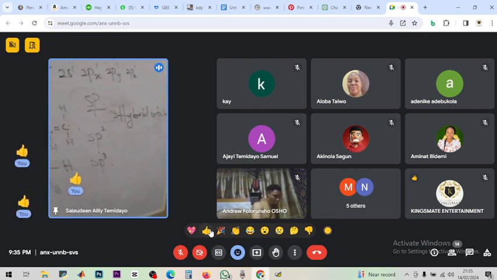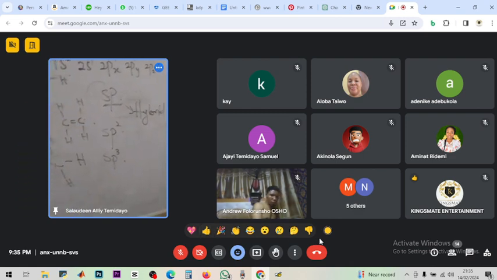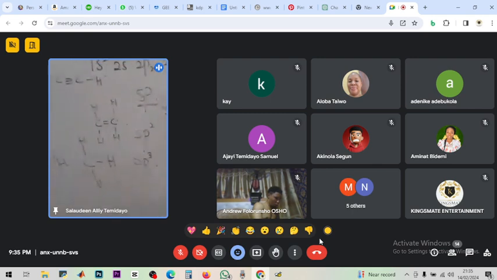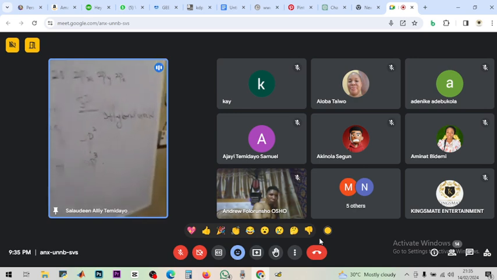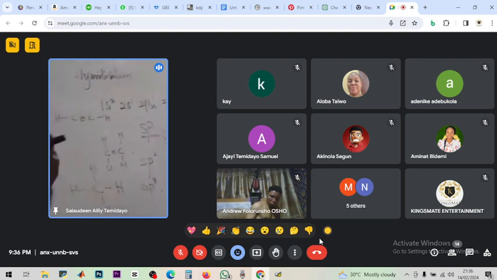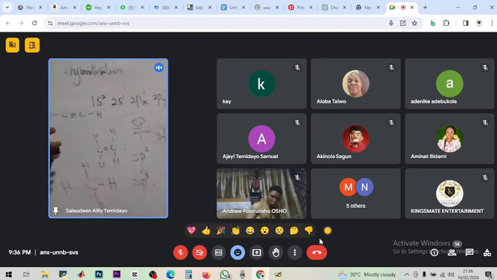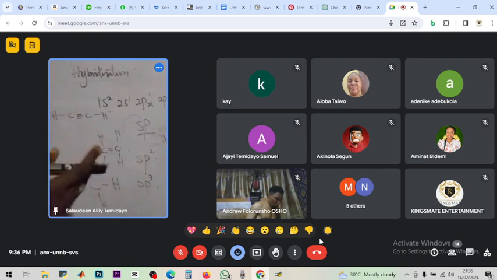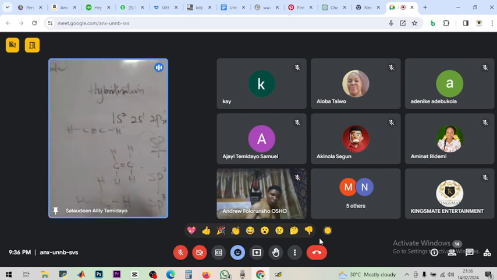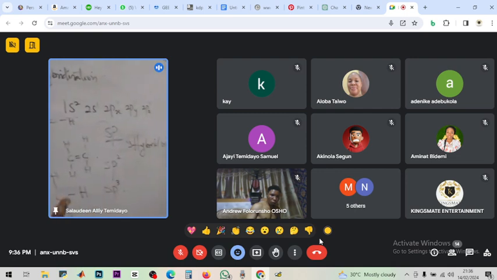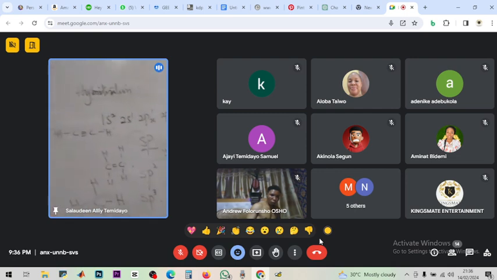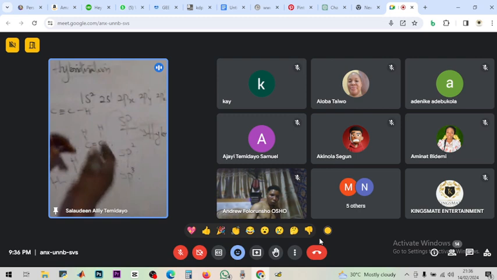Now when we talk about hybridization, it simply means the linkage or the connection between the p orbital and the s orbital. I'm calling it p orbital and s orbital because I'm talking about carbon here. So I think it is limited to sp, sp2, and sp3. I'm saying again that it is the connection between